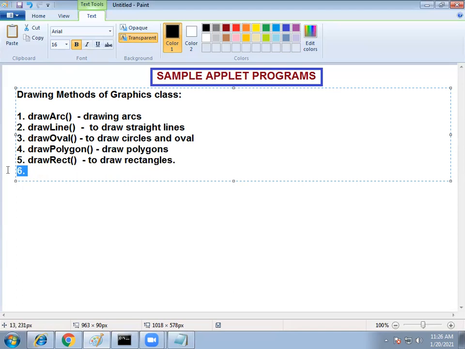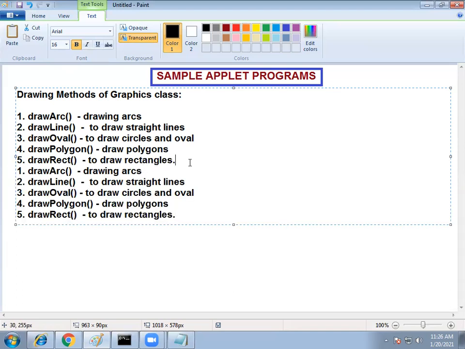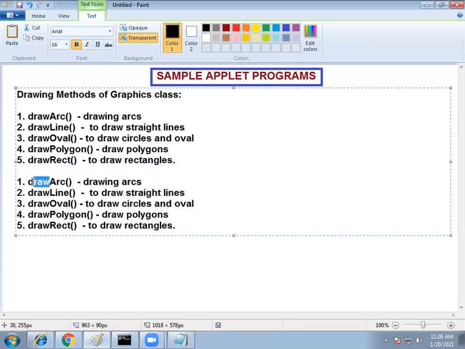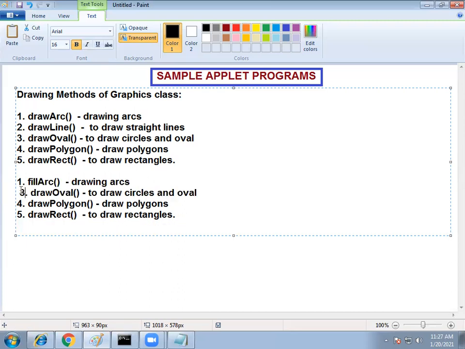Now fillArc, and fillLine is not there. Now fillOval and fillPolygon, and fillRect.